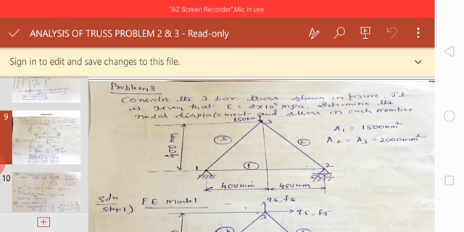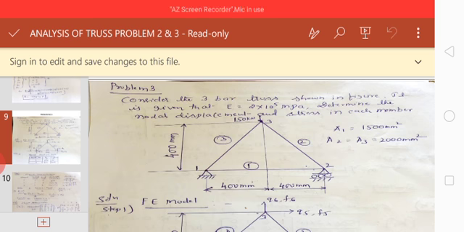From the problem statement we came to know that we are supposed to calculate the nodal displacement in the structure, along with how much stress is going to be induced in each element due to the application of 150 kilonewton acting at node 3, in the downward direction. From the figure we see 3 elements are given, along with 3 nodes, and the areas of the first, second and third elements are also mentioned. The area of the first element is 1500 mm square, and the area of the second and third elements is 2000 mm square.